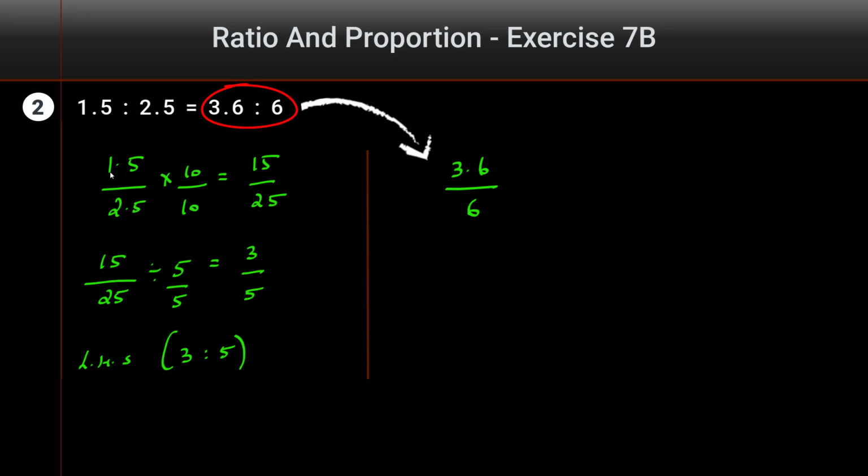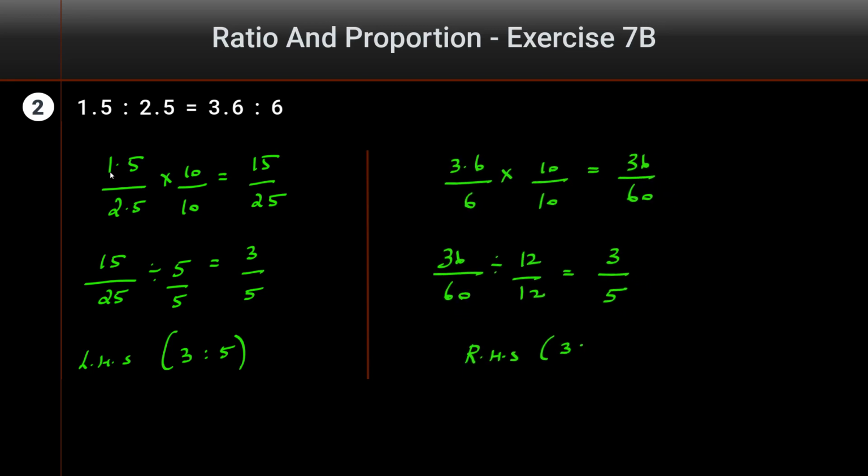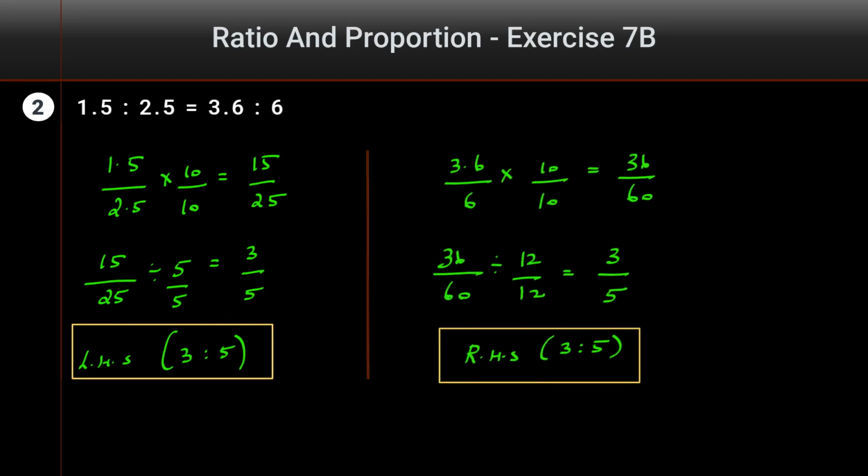To remove the decimal, I need to multiply both the numerator and the denominator with 10. So I get 36 upon 60. The common factor that divides both 36 and 60 is 12. So what do we have? 12 threes are 36 and 12 fives are 60. So right hand side, what did we get now? 3 is to 5. So both left hand side and right hand side, we have got the same value, isn't